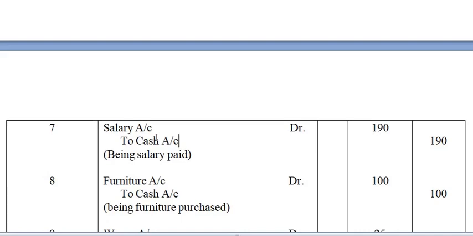Okay, if you receive the salary, it is your income, but if you are paying the salary, then it will be your expenditure. So as an owner, salary is your expenditure. So expenditure is a nominal account, debit all expenses. That is why the salary account is debited. Okay, and cash, you are giving away the cash, isn't it? So cash is a real account. Credit what goes out, the cash is going out of your pocket, isn't it? So cash will be credited by 190. Okay, I'm not talking about the amounts out here, because the amounts are very simple and it's given out here only.